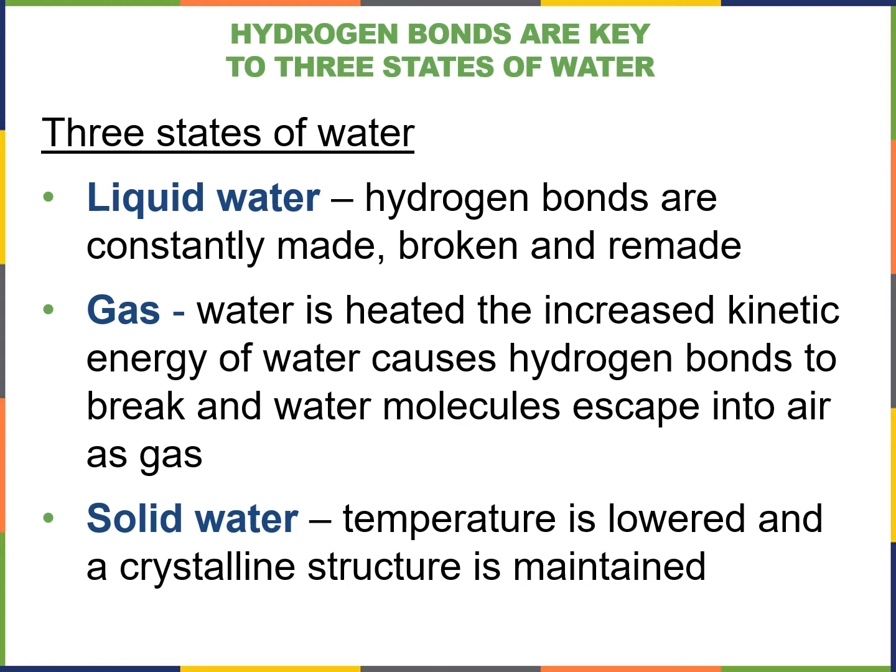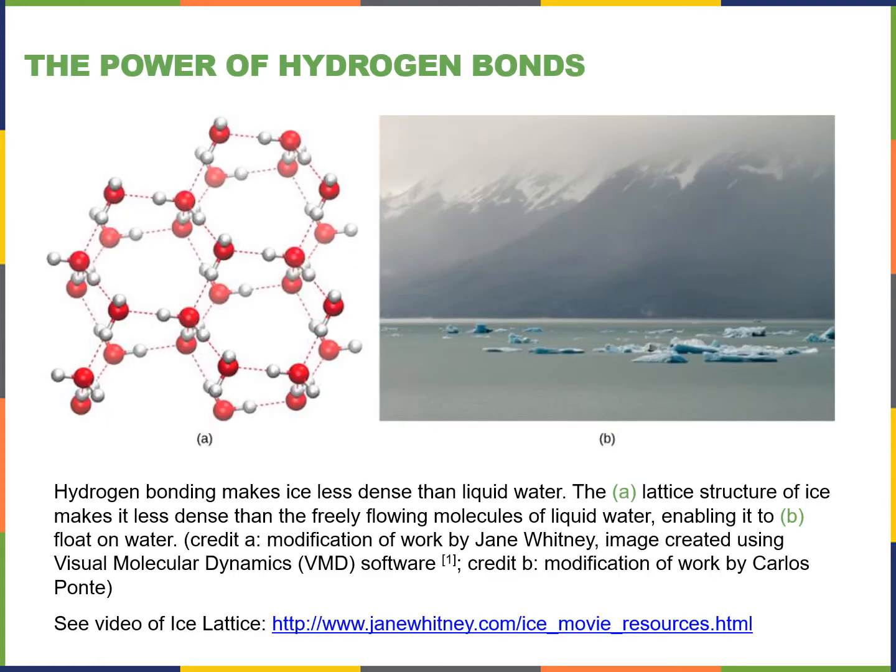Now, if you were to take steam and you were to start to cool it, removing the thermal energy, the heat, you'll start to slow down those water molecules. They'll start to form the hydrogen bonds. That water will change phase, go from steam, gas, to liquid. You continue to remove that thermal energy, slowing the molecules down. You go from liquid to solid, what we call ice.